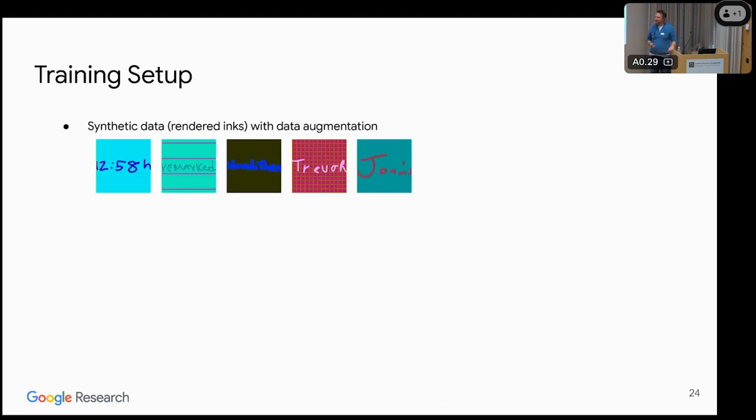So, as with everything in machine learning or AI, we need to start with some data. We didn't really have data, but there are many things we can do to create this data. All of the data that we used to train the previous recognizers, all we need to do here is flip it around. So we can take our digital inks, render them into images, and then train the model to reproduce the original digital ink. These are some examples of images that we created from our digital ink strokes. And then, of course, we can do data augmentation and throw all sorts of colors and backgrounds and things to make the model more robust.